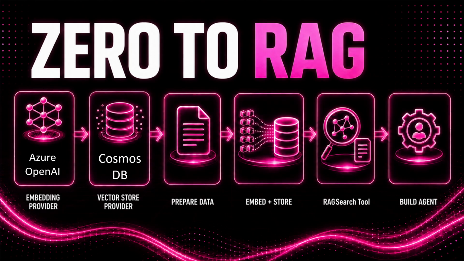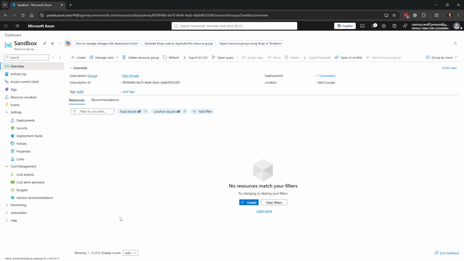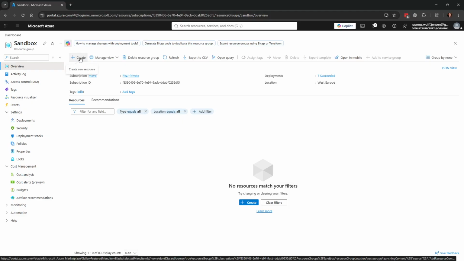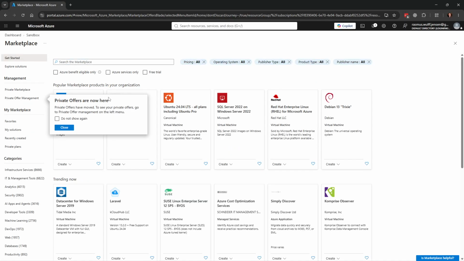Because this is zero to rack, meaning we need to do everything, I'm gonna create a brand new Cosmos DB up here. So up in Azure, in my sandbox, I'm gonna make a Cosmos DB.